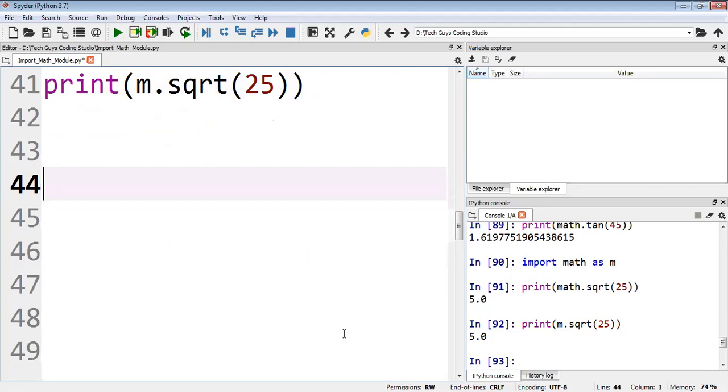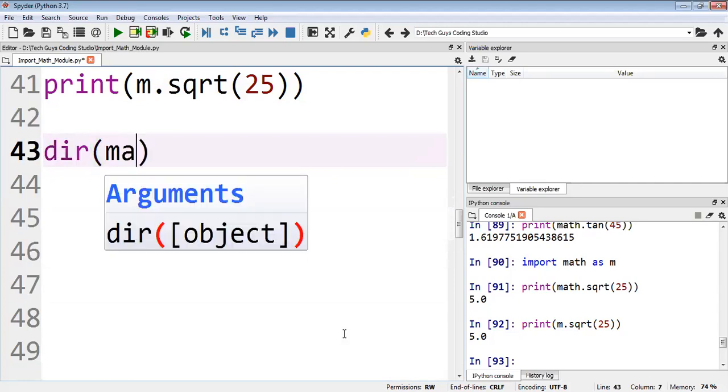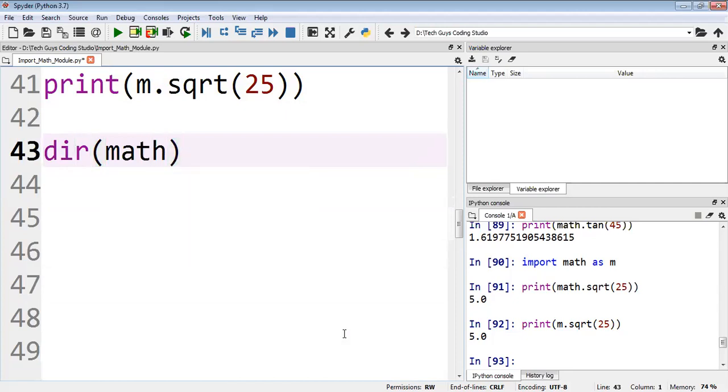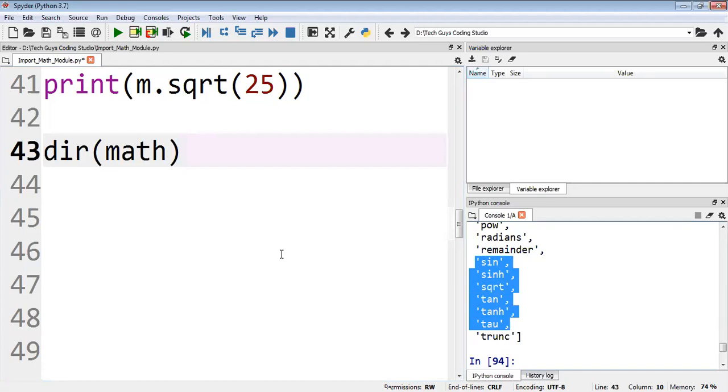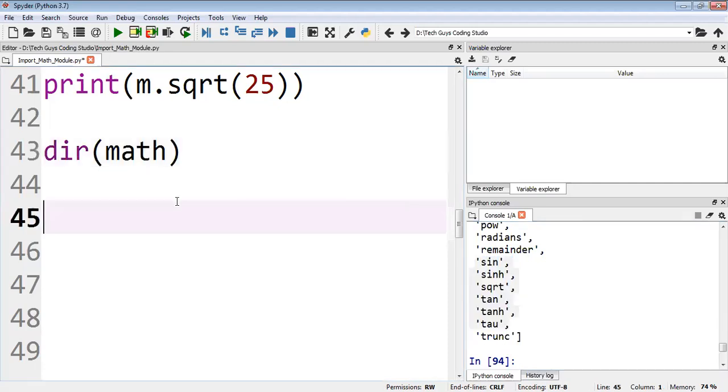And one more thing, here we have aliasing we can do. One more thing I would like to say: we have so many methods, so how should we know what the methods are? For example, we have dir of math, so many methods we have, but I want just some particular methods only. For that, we'll do one thing.